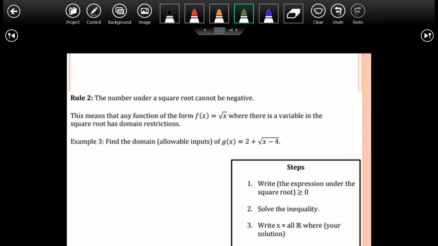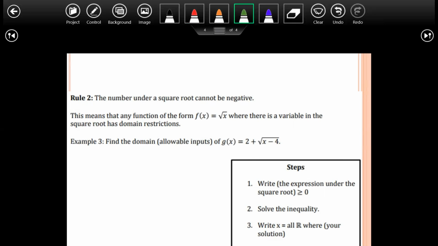So what we want to be able to see here is this means that any form of the function square root, where the variable is in the square root, has a domain restriction. Basically what we mean by restriction, meaning it cannot be that value. Okay. If we were to use a square root of x, x cannot be -1 because we'd have -1 underneath